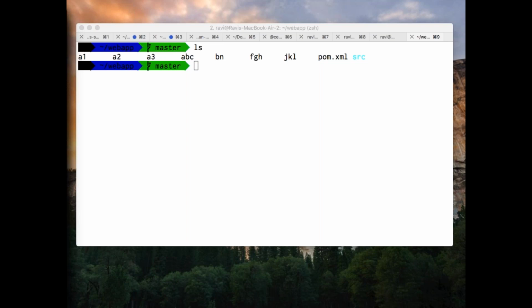There is one more thing I need to say. We did it with checkout, we did it with reset. Yes, so there is something called detached head. That is also very important.